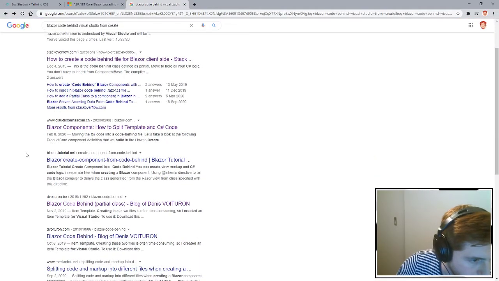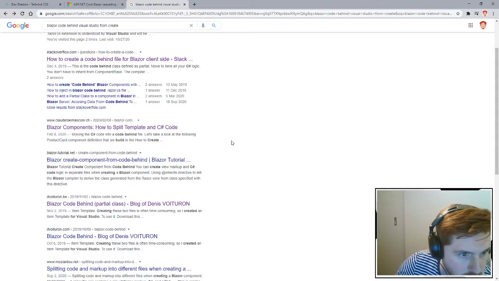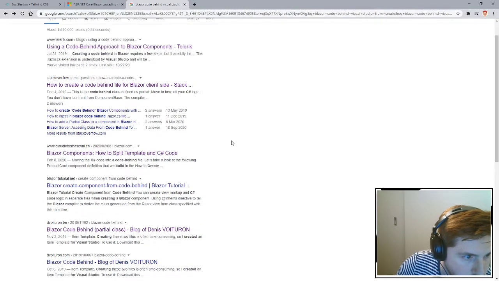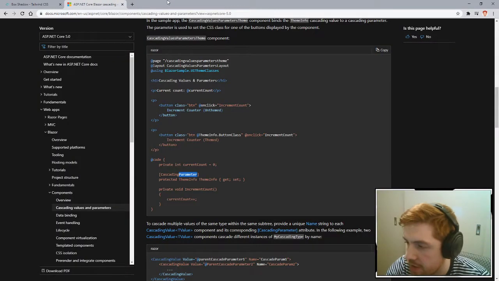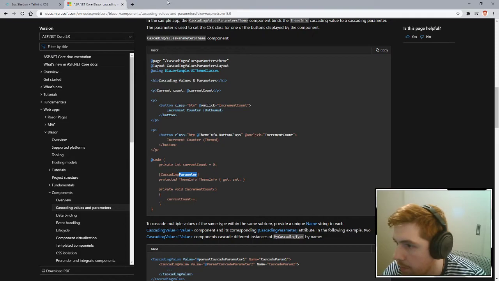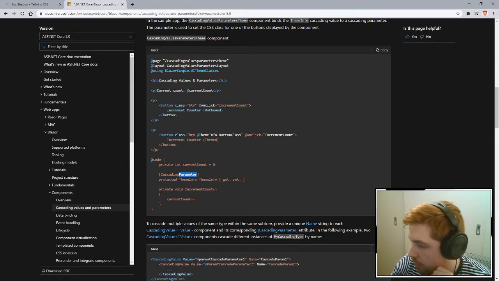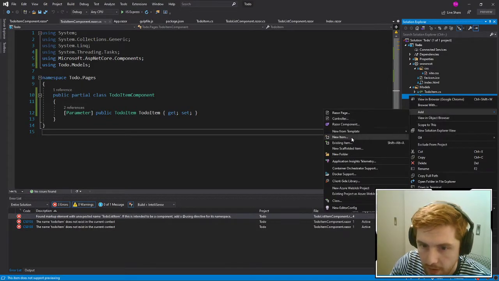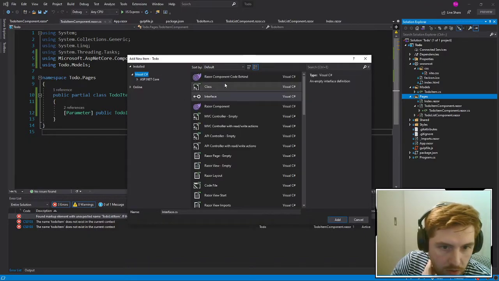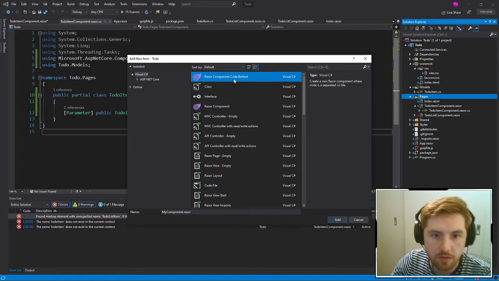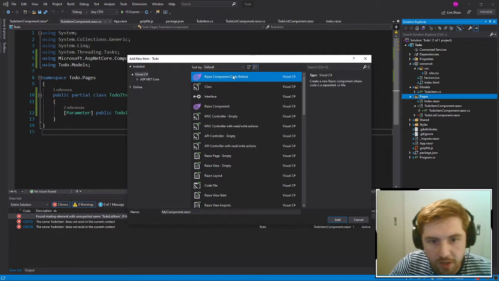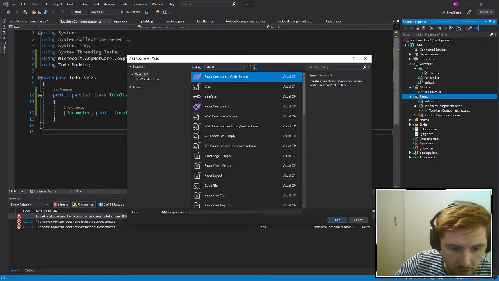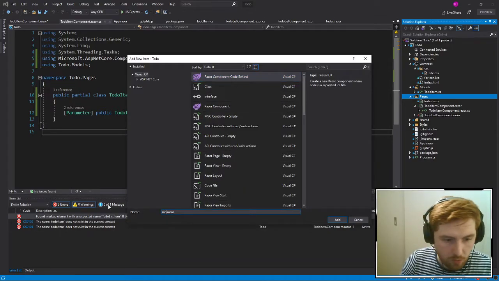Otherwise, I will send it later to you, but there's a package that allows you to create it in one go. So you just do add and new item, and then, oh, I already have it installed. Blazor code behind. So if we call this random,